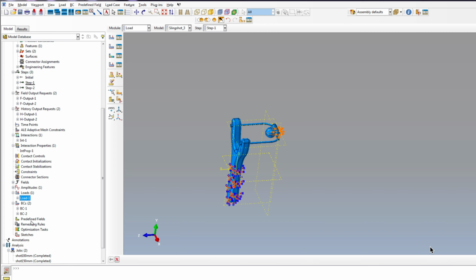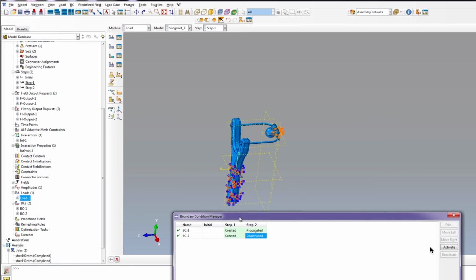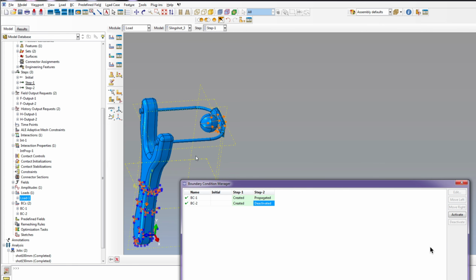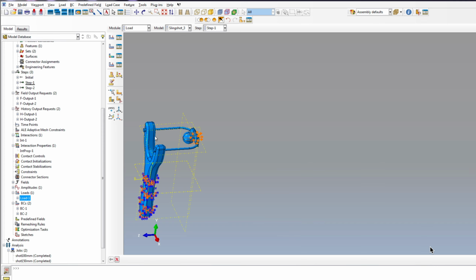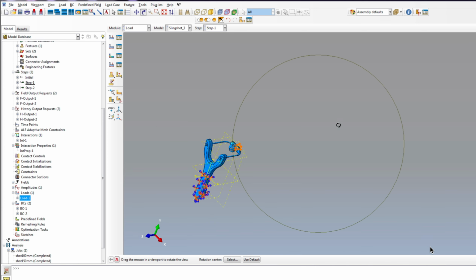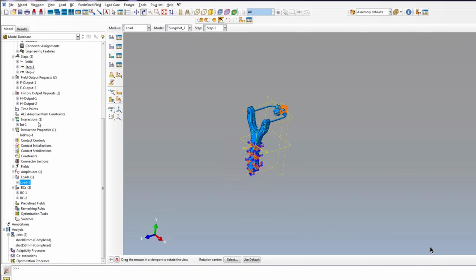But now we have to do one last thing. We'll go here to the boundary condition manager, and we have to deactivate the displacement boundary condition of the sphere in the second step. We have to leave our ball, our sphere free to move forward. Okay, perfect. I think that everything has been set up correctly, and what we have to do now is to